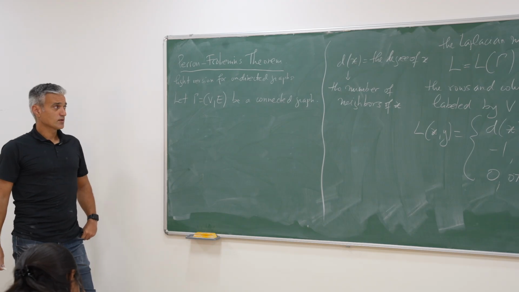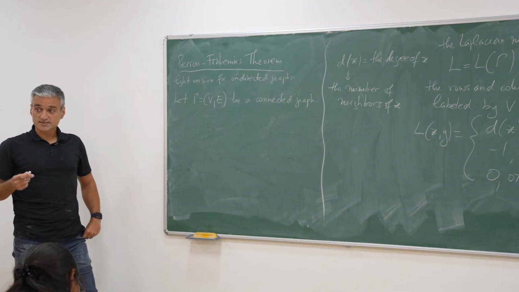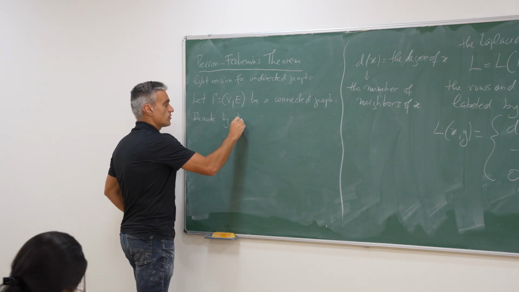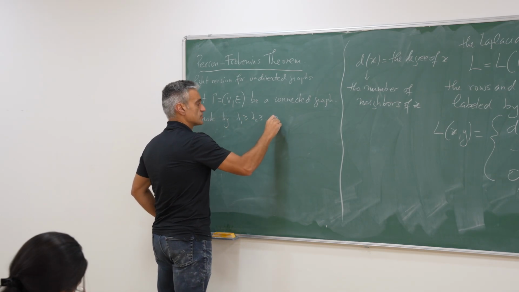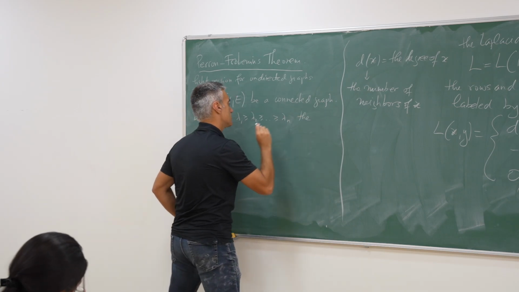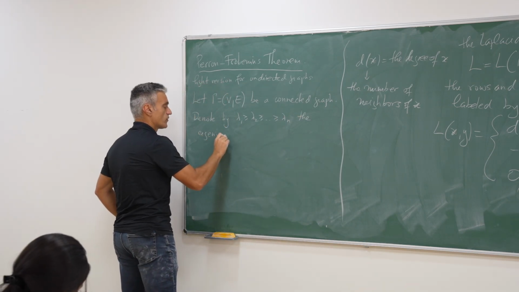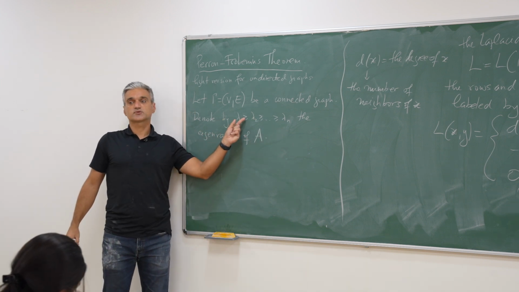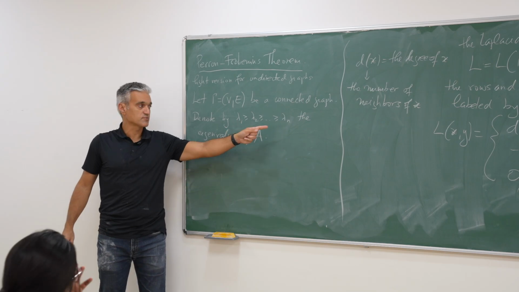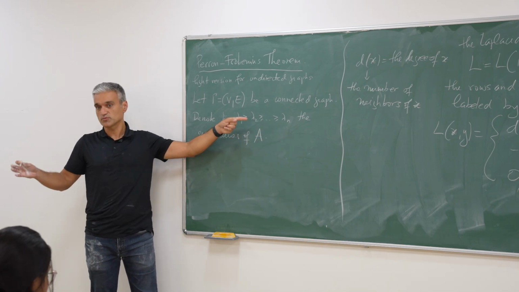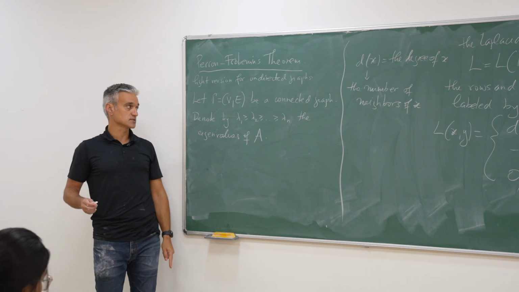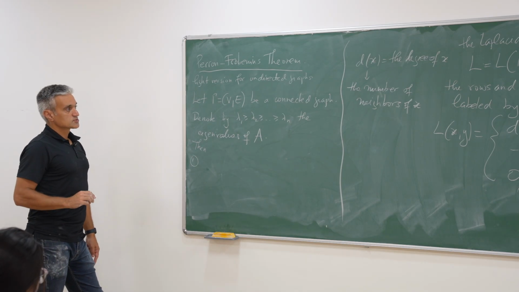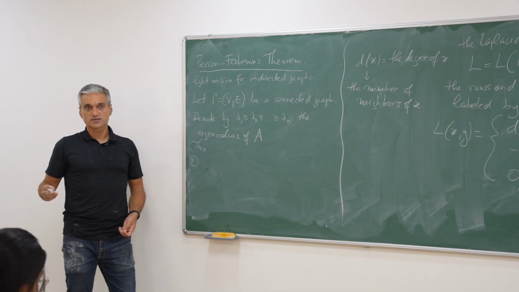Now, we'll talk about the eigenvalues of the adjacency matrix. So denote, this will be the notation we'll use, by λ1 ≥ λ2 ≥ ... ≥ λn the eigenvalues of A. So here you see I put greater or equal, so you could have repeats, but in total I have n eigenvalues because I have n orthonormal eigenvectors. So that's my notation. λ1 is the largest.